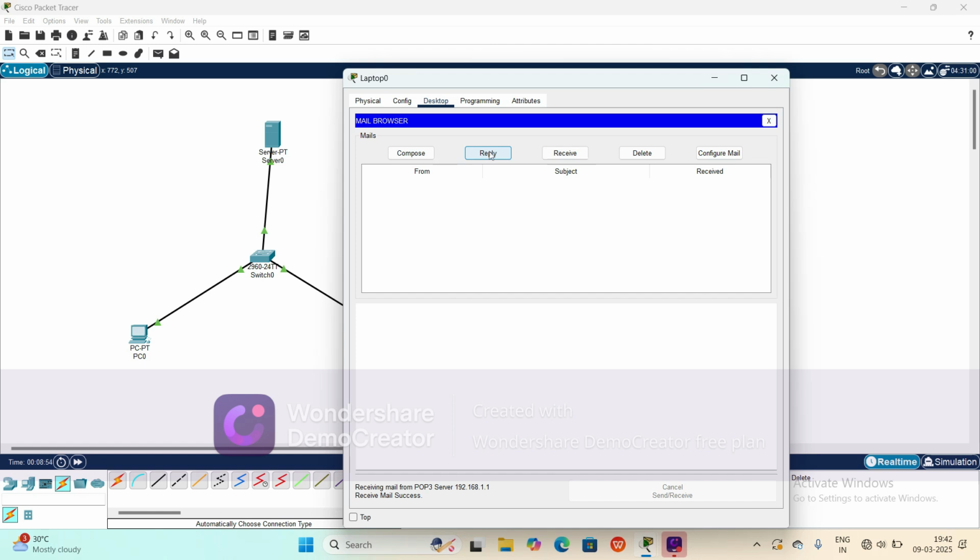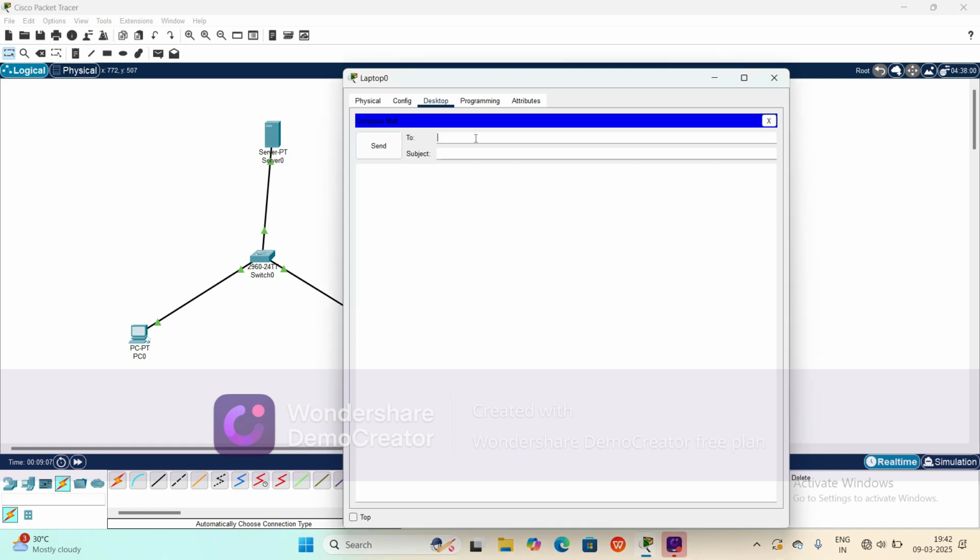If I have to reply to a message back to Devi, again I'll click reply. So it is telling us to please send through mailbox. Okay. So again I have to click Compose. From Devi, I am sending a mail to Ravi. So the address is we have to log on to Ravi. Subject is good morning. Here I am giving a reply as